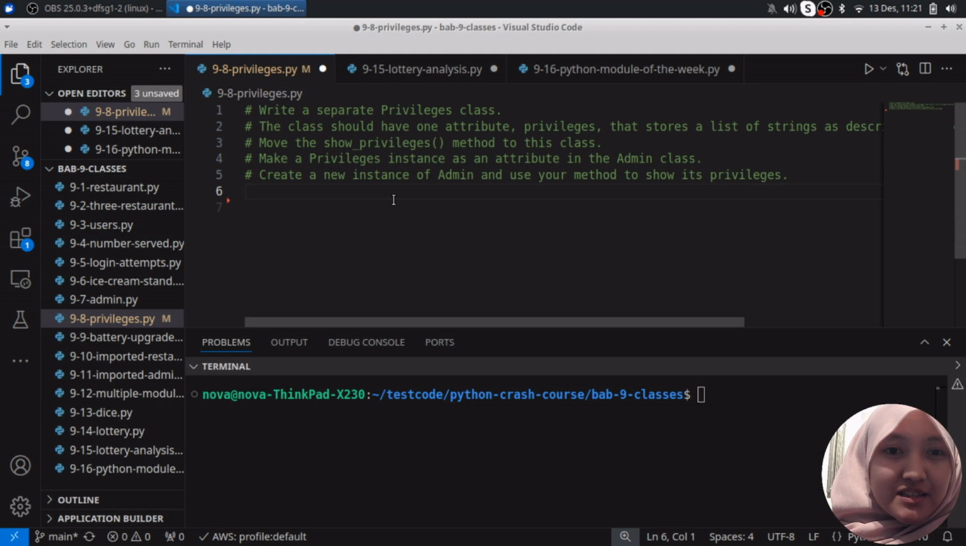Write a separate Privilege class, and the class should have one attribute, privilege, that stores a list of strings as described in exercise 9.7. Then move the show privilege method to this class, and make a Privilege instance as an attribute in the Admin class, and create a new instance of Admin and use your method to show its